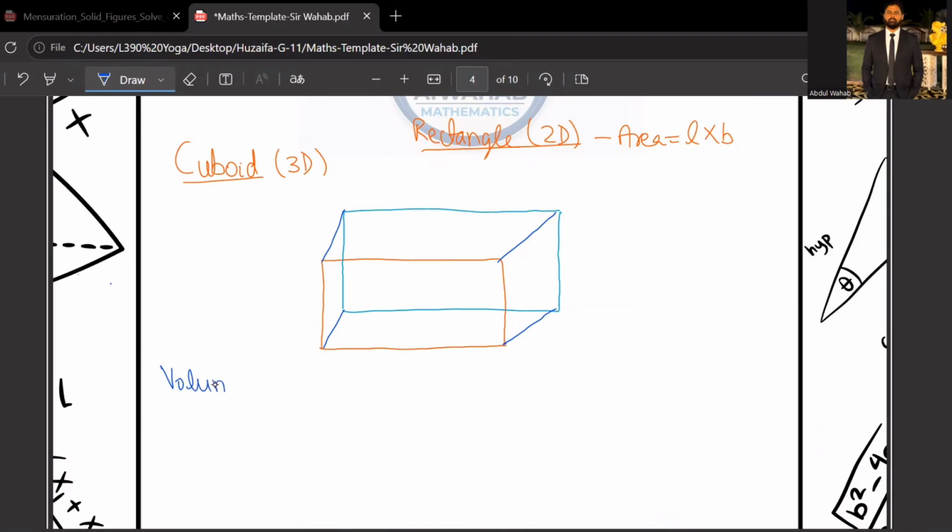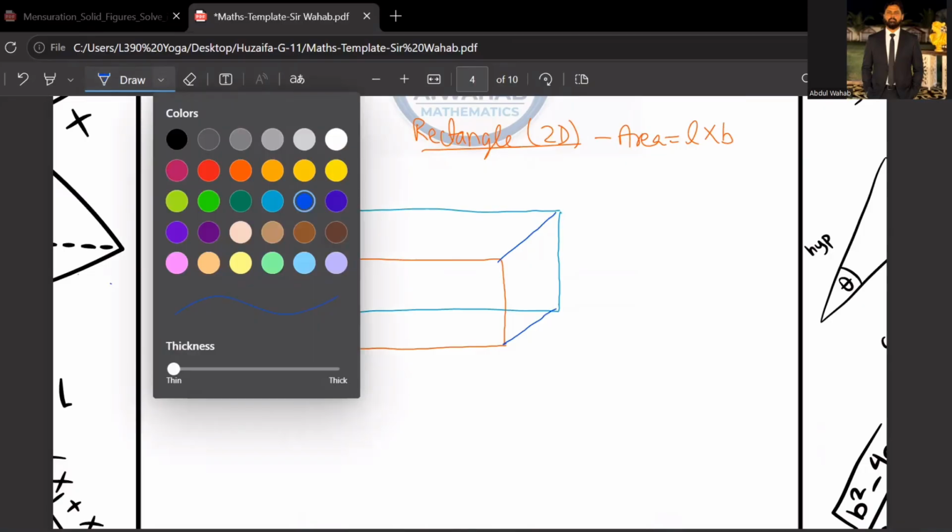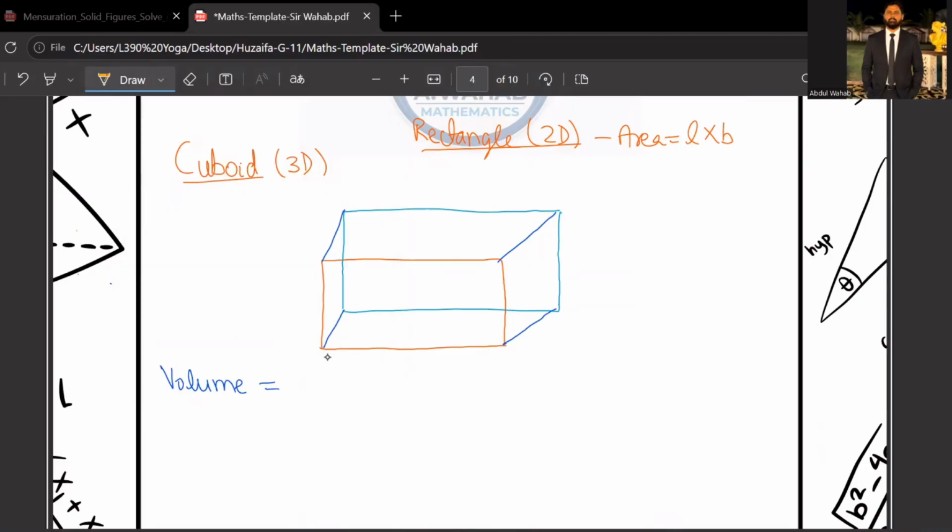So what is the volume, or how can we find the volume of this cuboid? By multiplying length, breadth, and height. Let's say this is the length. Whatever variable you use for length, normally we use L, and this is the breadth, and this is the height. For a cuboid, you need to focus on which line represents the length, which represents the breadth, and which represents the height,